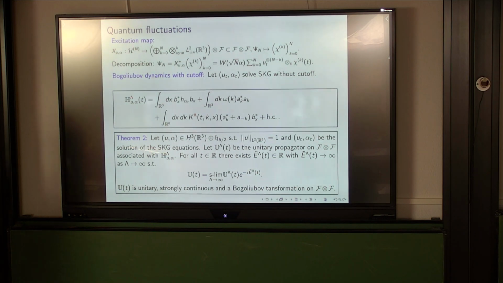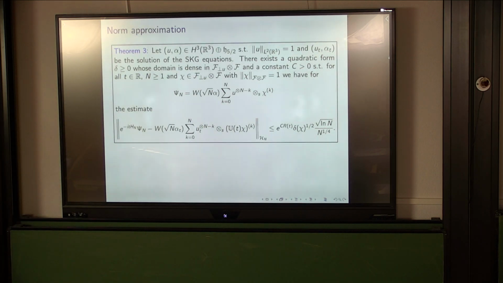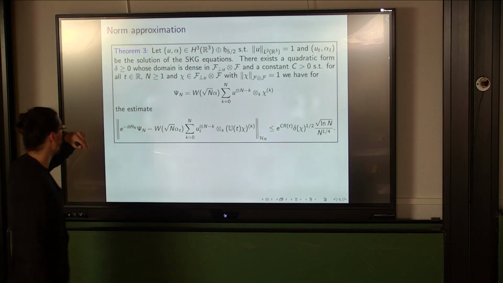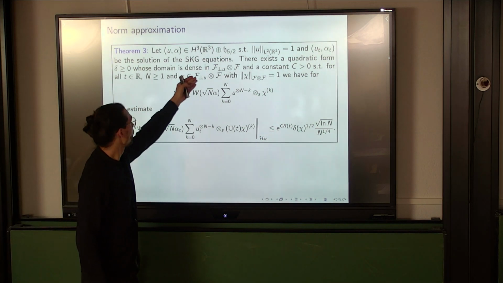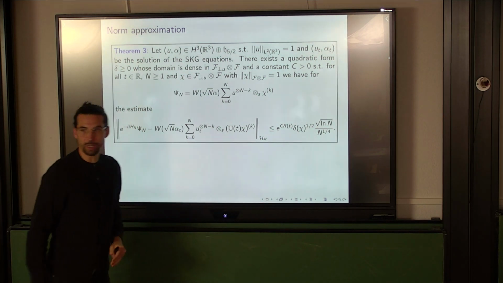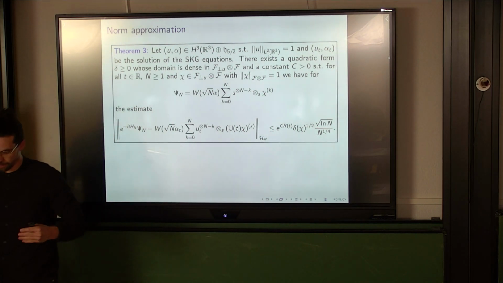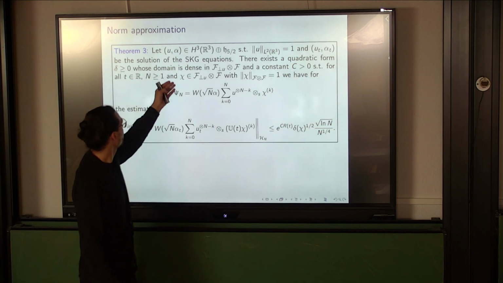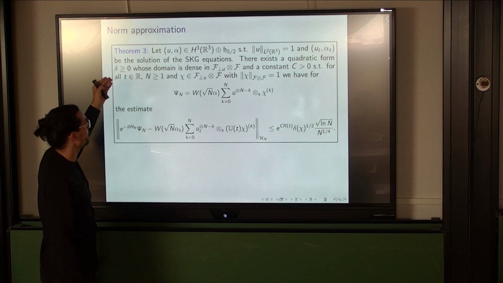So with this Bogoliubov dynamics, we can show the following statement. Again, we are looking at a solution of the Schrödinger-Klein-Gordon equations. And then we are looking at a chi on this double Fock space, where the perp denotes that it's the bosonic Fock space of L2 functions which are orthogonal to the condensate wave function. If we look at chi's which are normalized in this space,